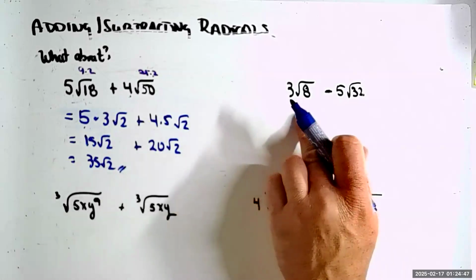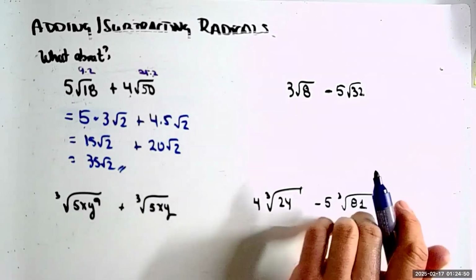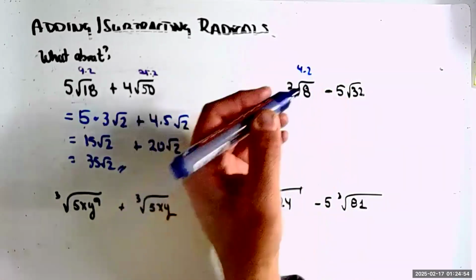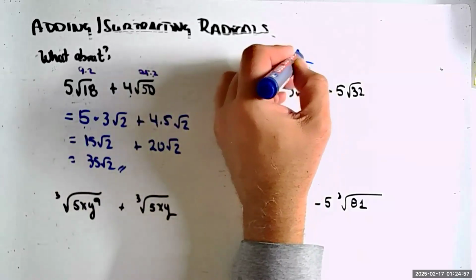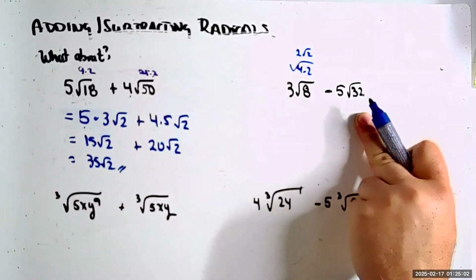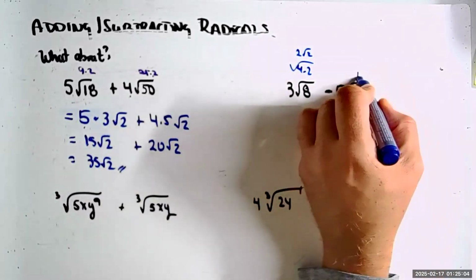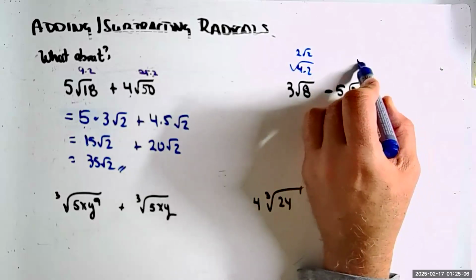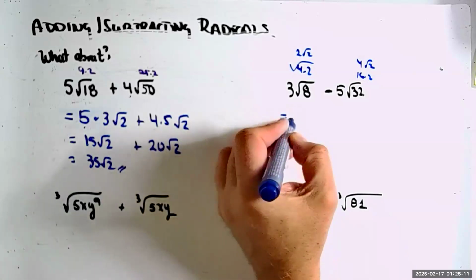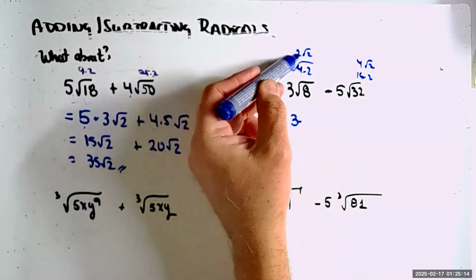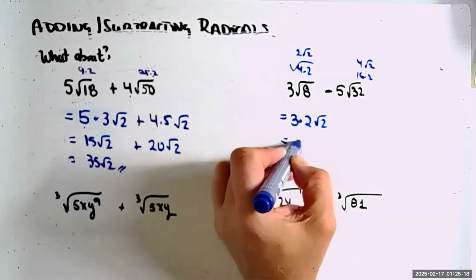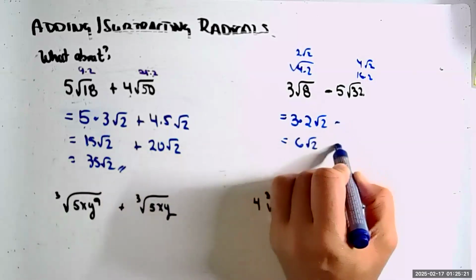We can do the same strategy here. Of course, 8 is 4 times 2. The square root of 4 will be 2 radical 2. 32 is 16 times 2. The square root of 16 is 4, and the 2 stays inside. So this is going to be equal to 3 times 2 radical 2, which is 6 radical 2, minus